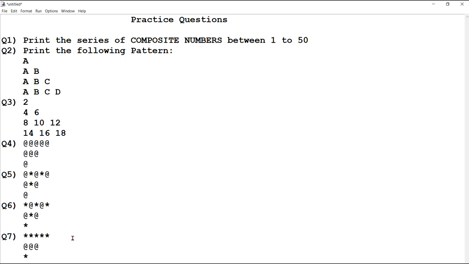Any queries, you can comment, you can message, you can give your responses in various ways. But you have to go through the tutorial properly. There are endless questions in looping.